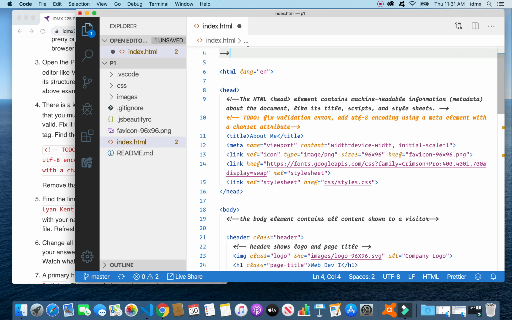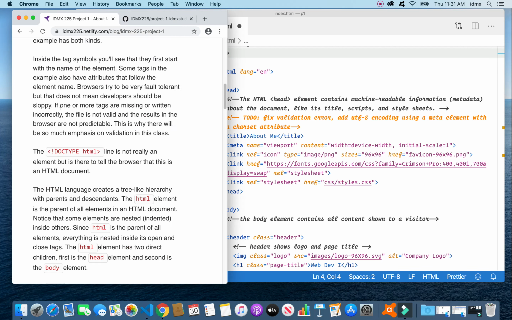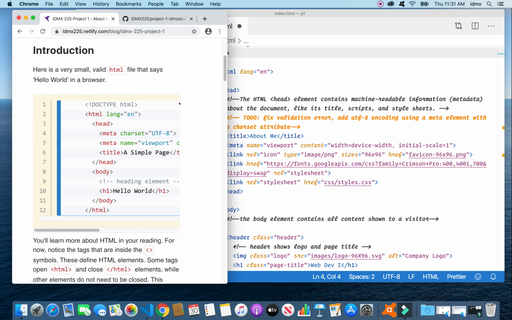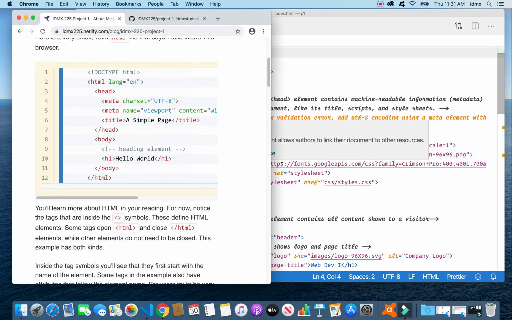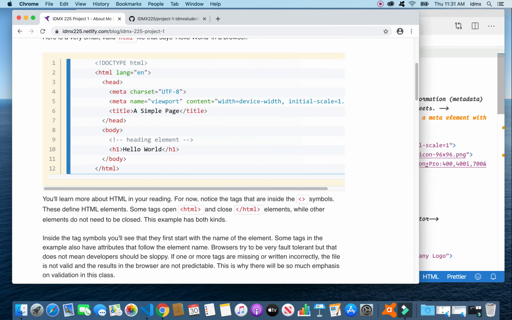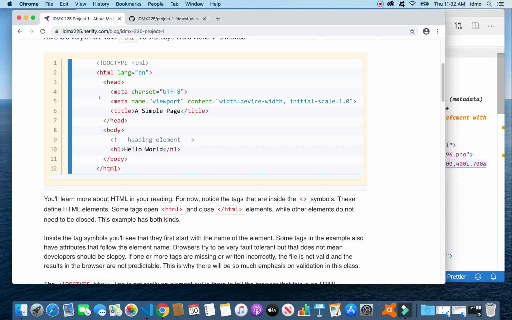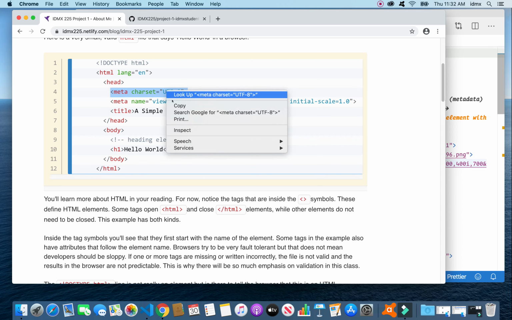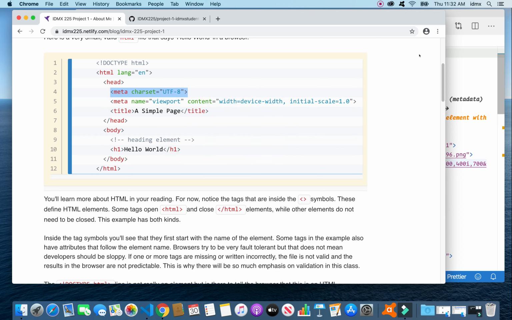Hopefully this would make more sense if you had read some of this, but essentially, let me make this much larger so that we get this whole thing, our index.html is missing this meta tag right here. If you've been in class, we had a discussion of what UTF-8 is. But HTML5 requires that it be